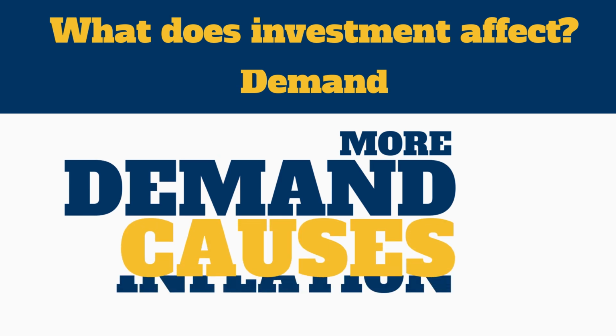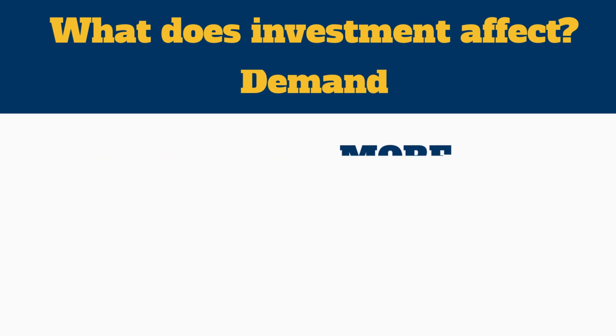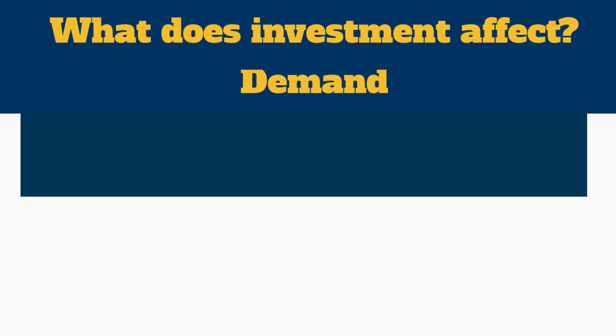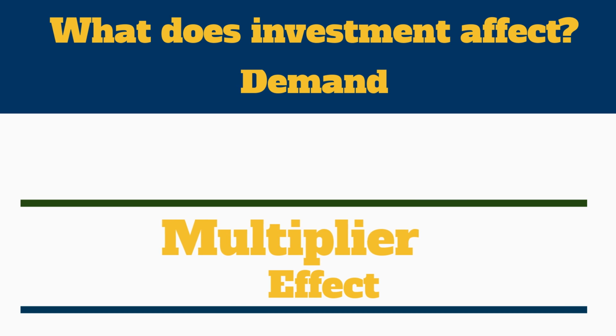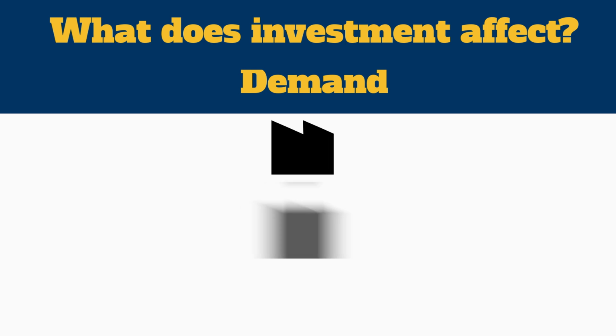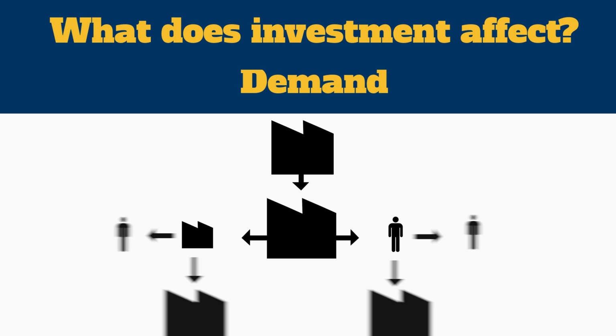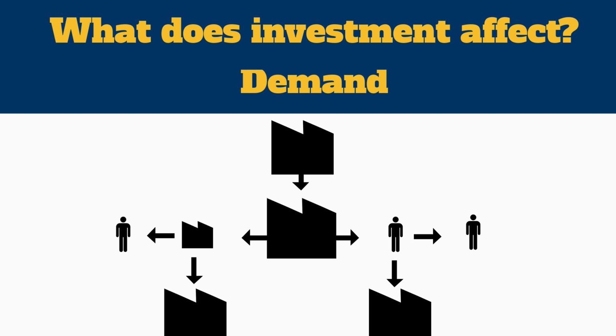But there is potential for a greater effect, because firms fund investment either with profits which they have saved up or by borrowing money. When they shell out on a new machine, they are injecting money into the economy, and this can cause something called the multiplier effect. Because when businesses spend money on new machines, they give that money to the company which makes the machines. And this second company will spend the money on materials and paying their employees. And then the employees can spend this money and give it to other people and other businesses. And so the effects of the initial investment are multiplied throughout the economy.